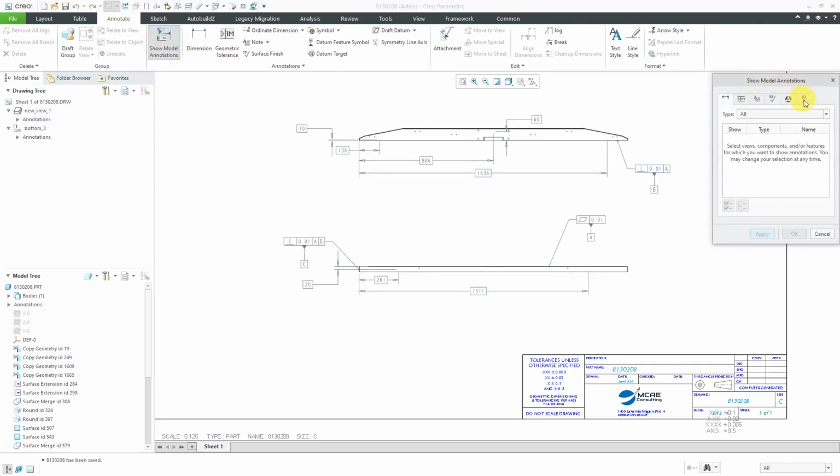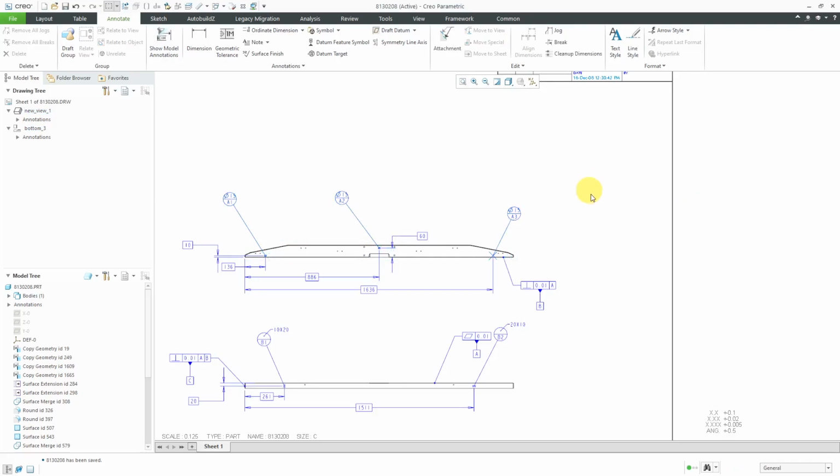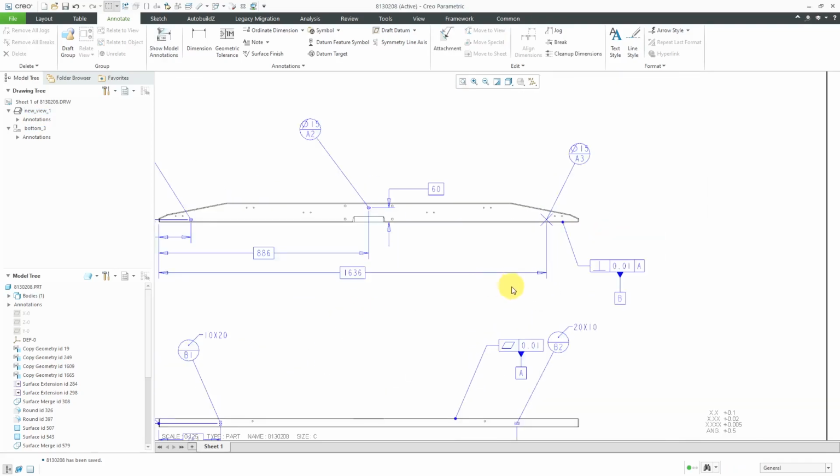in this dialog box, you can go to the last tab, which is for the datums, and you can say, hey, I want to show my set datum targets, and then you can pick a view and it'll highlight the ones that can be shown in there. I want this one and this one in this view, so I will click the apply button, and then let's select this view, the top view over here, and I'm going to select all of them. I'll use the select all button and then click the OK button, and so that way we have the different